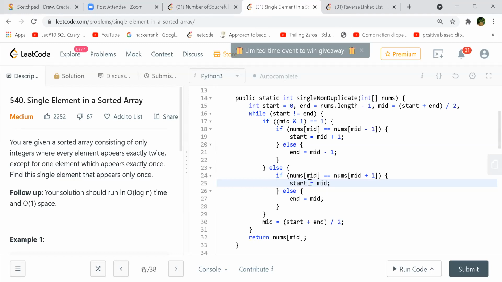Yeah, Deepali, go ahead. On line number 17, can you explain again what this mid and 1 is doing? Because I just tried the solution. As you explained, I was trying to shift my start to mid minus 2 and vice versa, mid plus 2. But that index may not be there, so I'm getting infinite loops and all. I tried to handle it, but I could not. So I think this mid and 1 is doing some trick here.